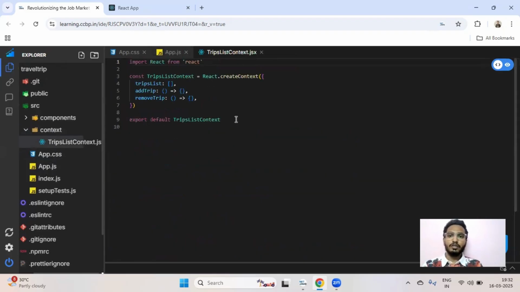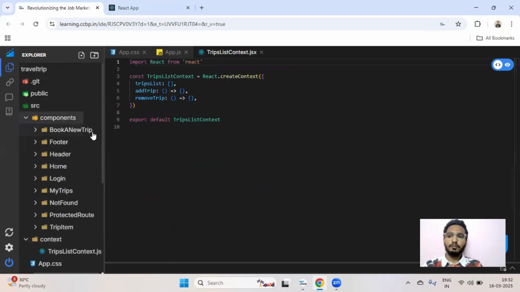So here we are using this context because we want to pass data from this book a new trip route to my trips route. So that's why we are using this context in our project. In this context we are having this trips list value, add trip method, and remove trip method. Okay,